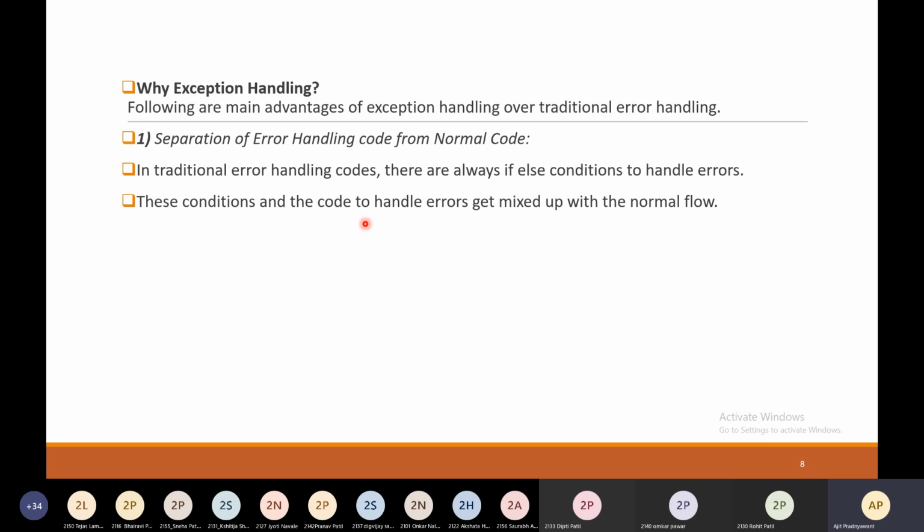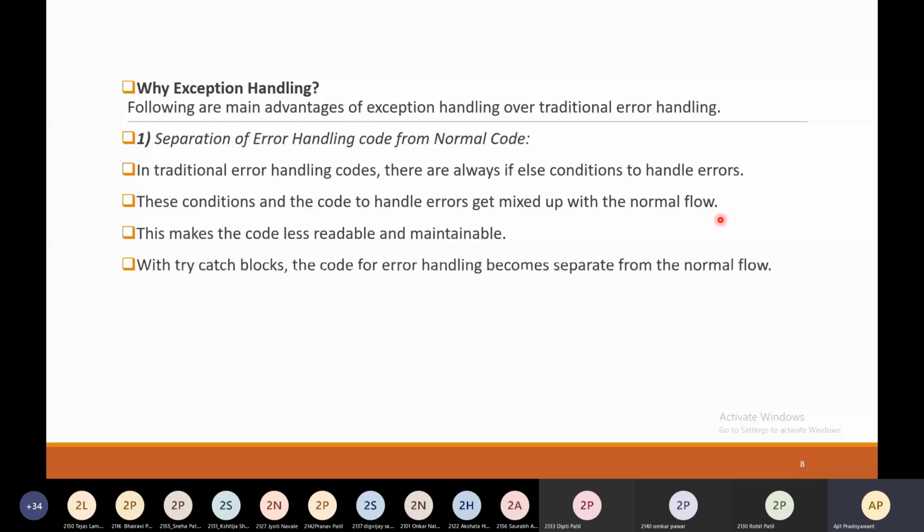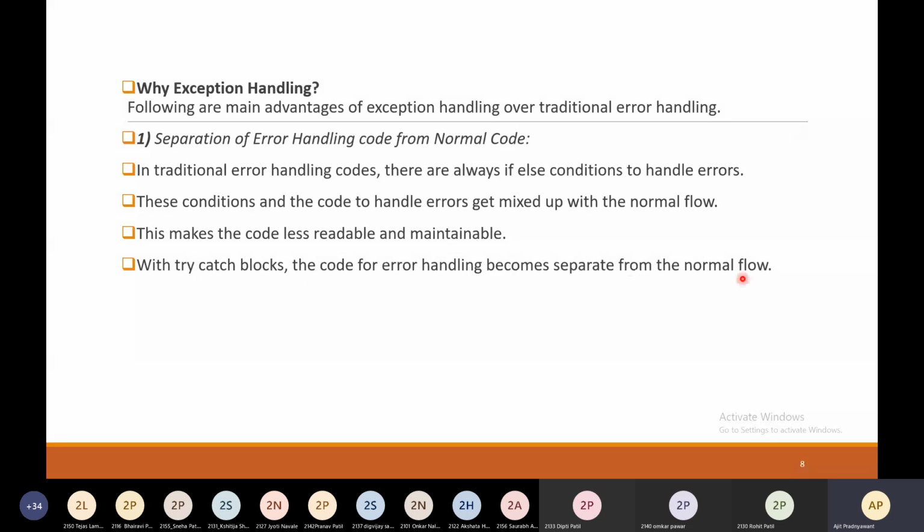These conditions and the code to handle errors get mixed up with the normal flow. This makes the code less readable and maintainable. With the try catch block, the code for error handling becomes separate from the normal flow. So with the help of this approach, you will handle runtime errors in a systematic way, and you can easily maintain the code as well.